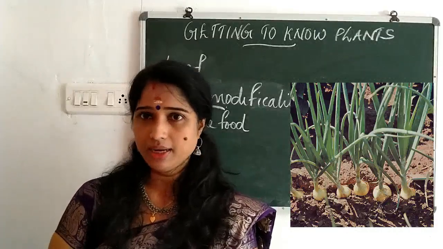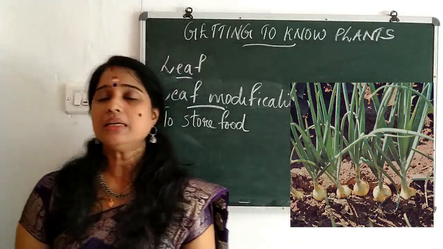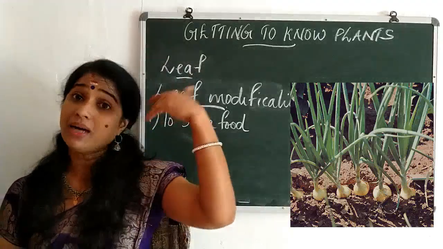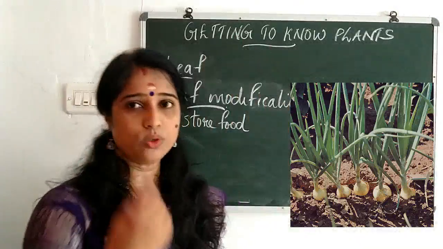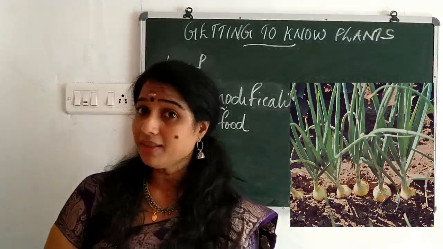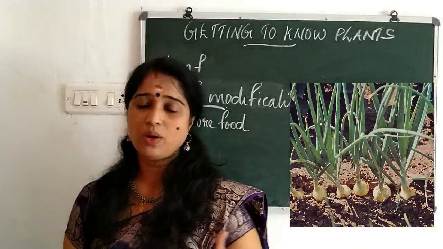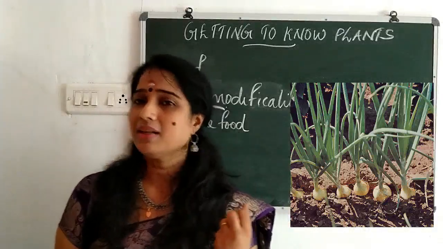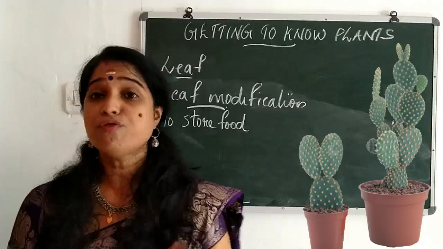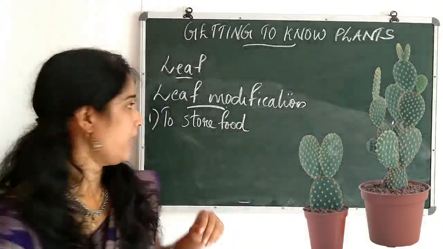You all have seen the onion, isn't it? So here the leaf is storing the food, and the part that is above the ground is in green color, and the part that is under the ground is whitish purplish in color, and that part is thick and fleshy because food storage is there. Clear? Okay. Next one,